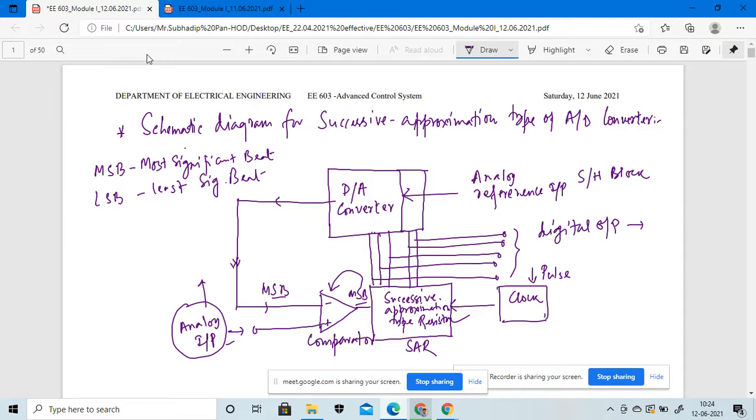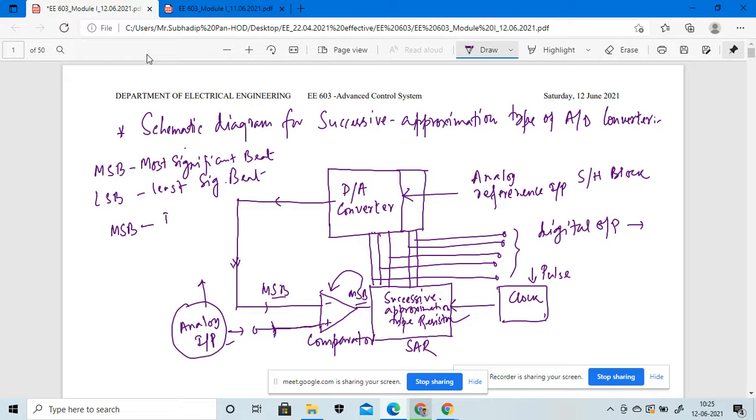Suppose this particular input, whatever the input that comes across this, is considered larger, then we can say that the most significant bit is set on. Obviously it should be set on, and in the next step it will turn on bit 2, and it will compare the analog input voltage at 3/4 of the maximum. So what actually happens is that there will be two different types of signals that come across this one.